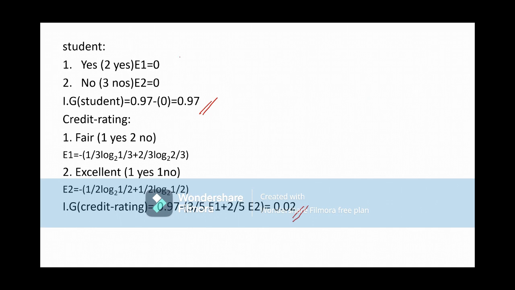calculated as 0.02. Now comparing these three values, the highest information gain is the information gain of student. So your next decision node will be student. So student will be your next decision node. So your decision node will be looking like